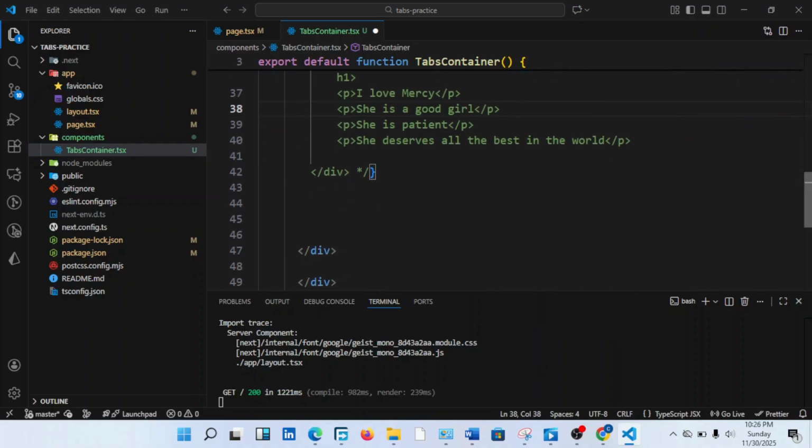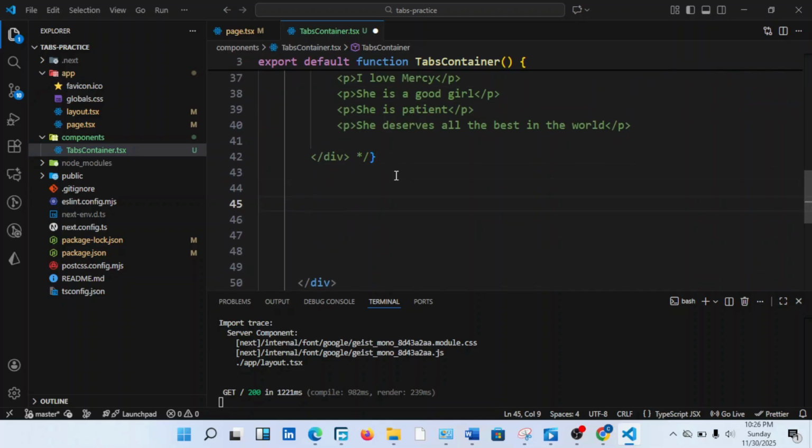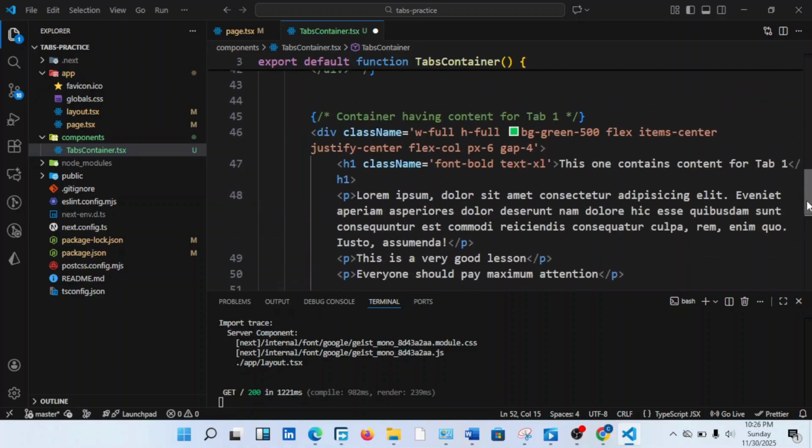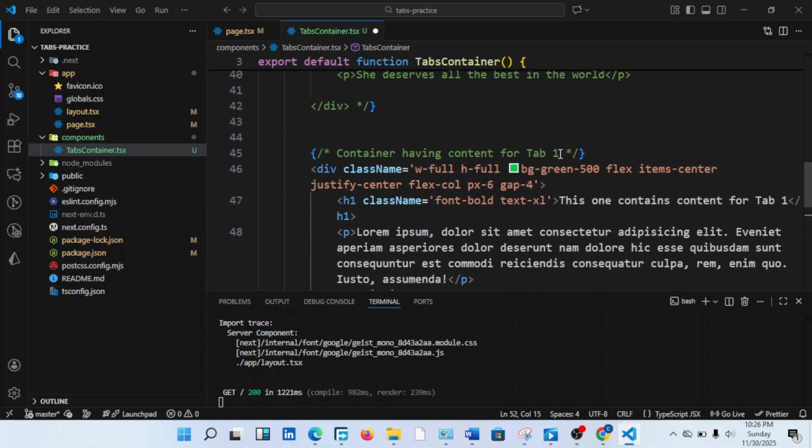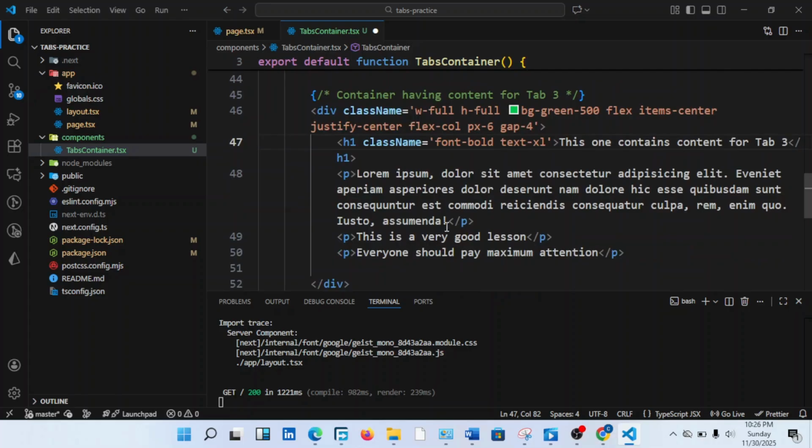So I can come here now. I'm done for tab 2, and I'm going to run content for tab 3, okay? So I can put there content for tab 3. Members, what I'm doing, this one contains content for tab 3, okay? So I put there, for example,